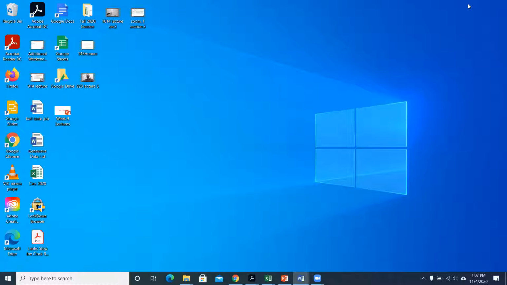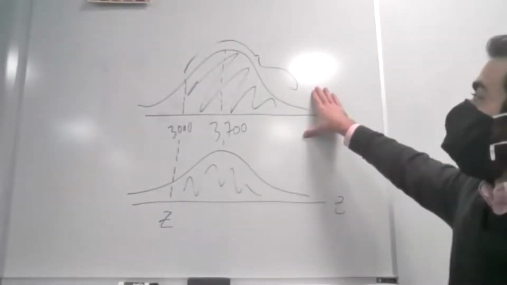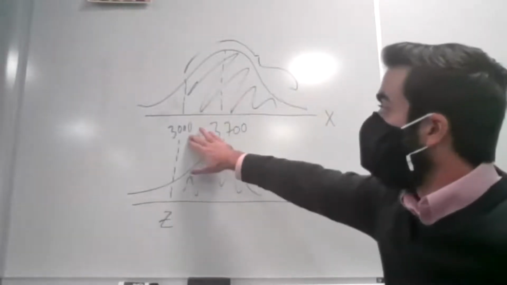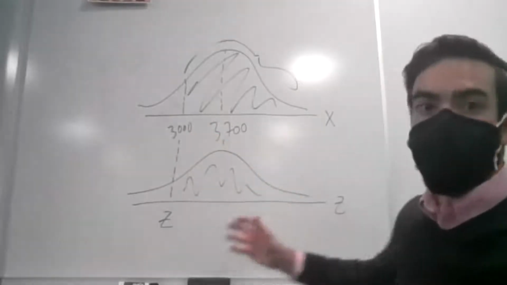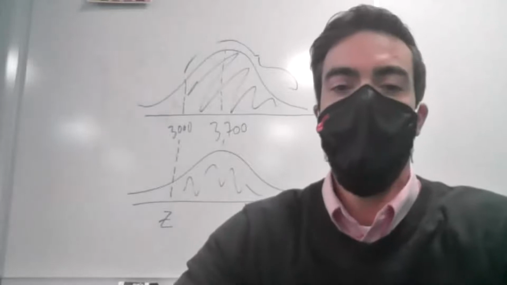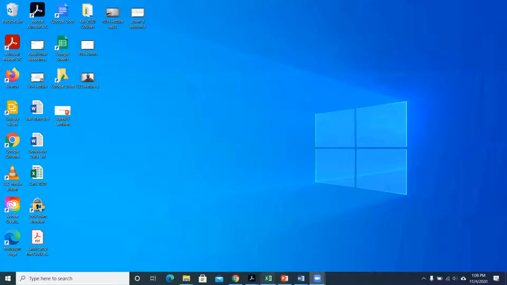Well, I can't really get that from any normal distribution unless I want to do some integration and plug in some values. So we're going to turn it into a z-value, or convert this to the standard normal distribution. Once we have that value, we can then use our standard normal tables to find this area to the right, okay? So if we go to the formula sheet, oh, sorry, I hit the wrong button. So we have this normal distribution. We're looking for the area to the right. So we have to convert that value we're interested in into a z-score and then use our standard normal tables there, right? So if I go to my formula sheet,